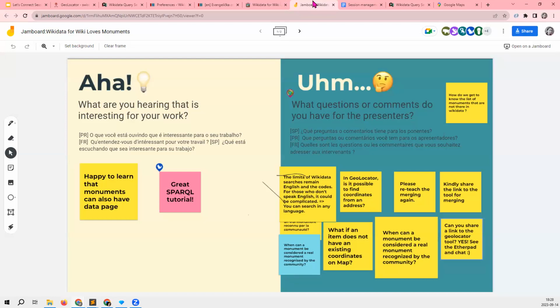How do we determine which monuments are, as the question asker formulated it, a real monument recognized by the community? The team organizing Wiki Loves Monuments has been thinking about this as well.